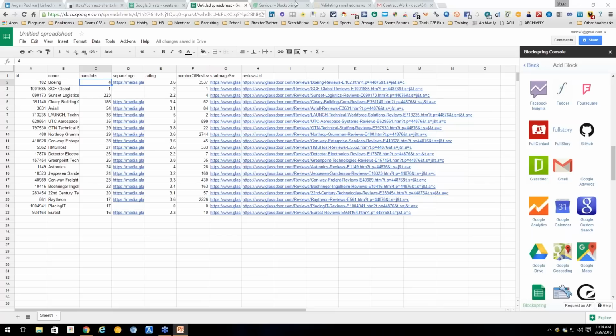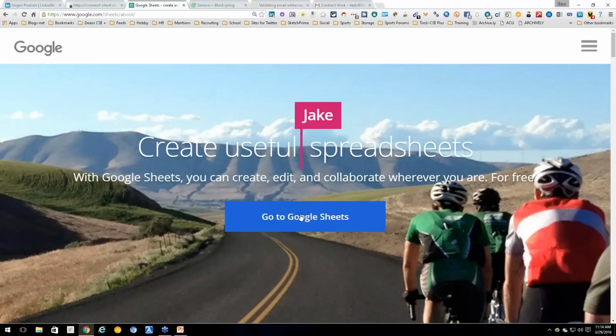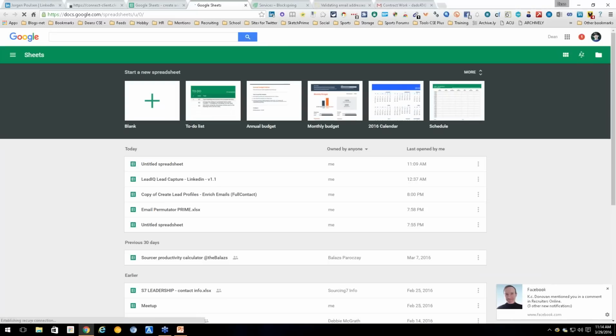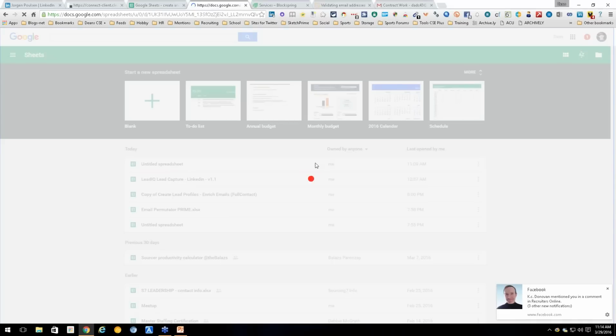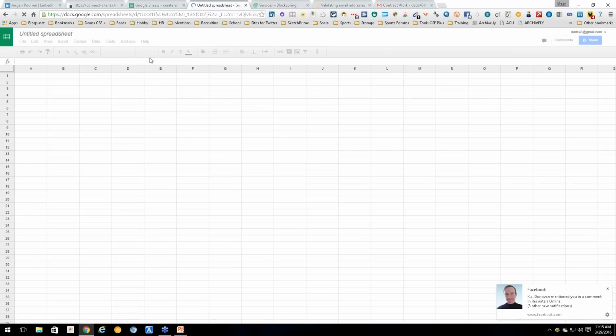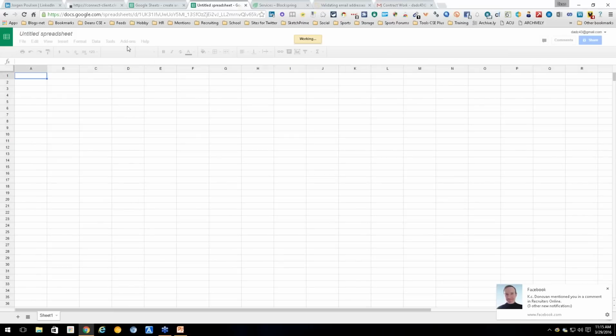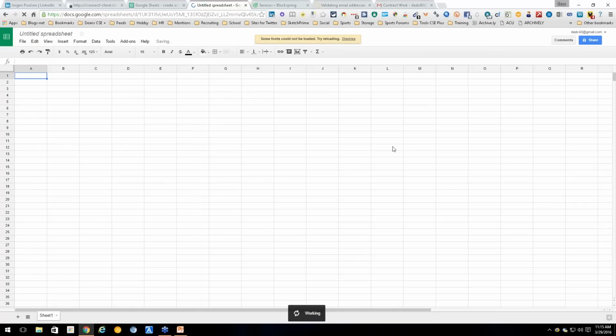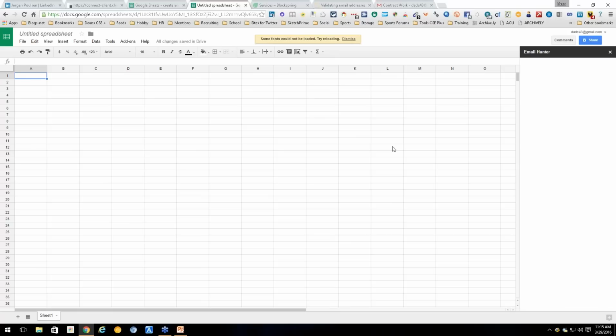Now, what I'm going to do is get out of this because I want to show you some really interesting stuff. This is still involving Blockspring and APIs and everything, but this is more specific. So we're going to open a new sheet, and we've got to wait for it to open and wait for the add-ons to activate. And we're going to go into my add-ons, and we're going to go into Email Hunter, and we're going to open it. Now, Email Hunter is an add-on, but it also has its own space inside of